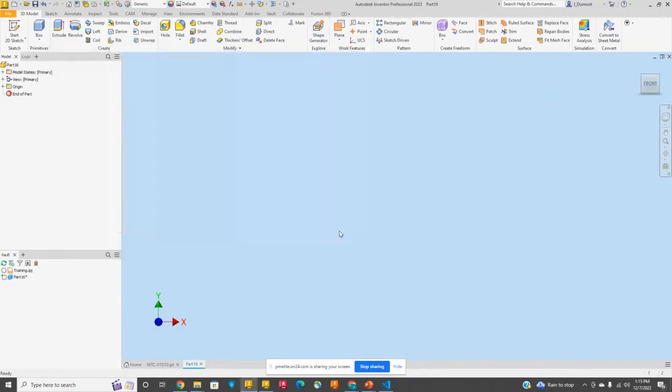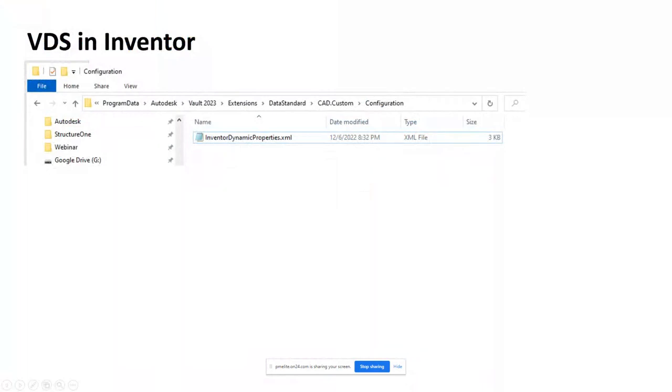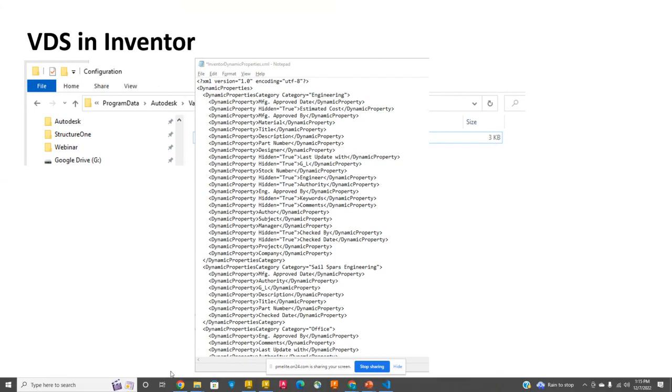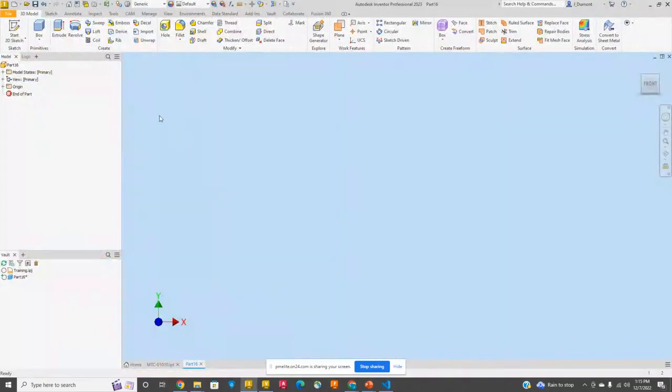Cancel this. So let's talk about the dynamic properties. When you're inside of Inventor and you're saving a file, you're going to see all of the properties that are associated with the category that's chosen. So I do want to talk about that quickly here. I'm sorry, I have to keep going back and forth between PowerPoint and bring up the applications. All right, so